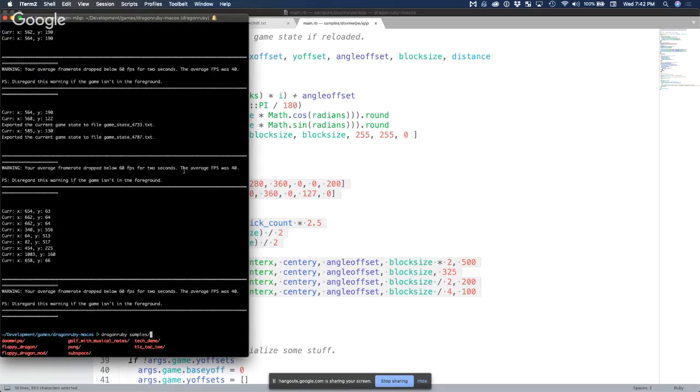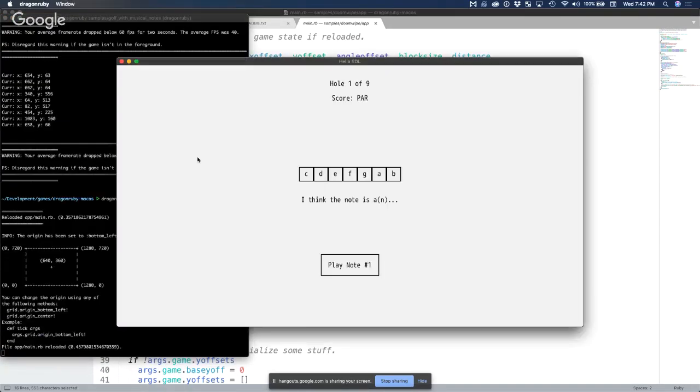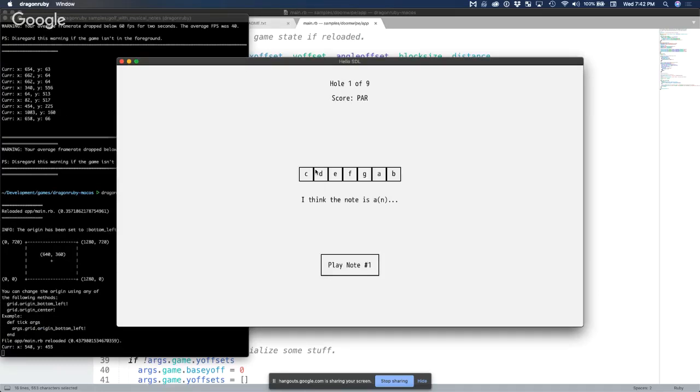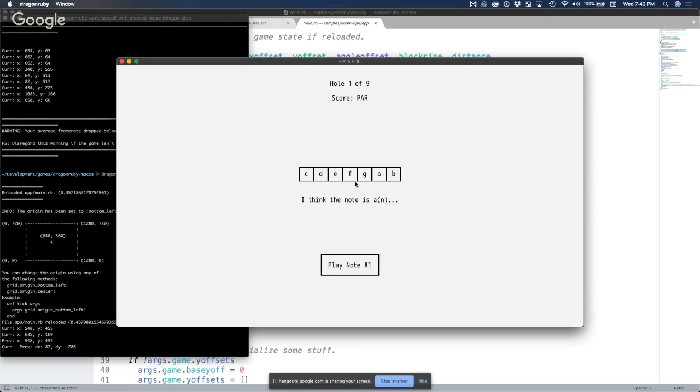Which is kind of interesting. They've built a simple thing here for the musicians in the room. This is a golf. What did they call it? Golf with musical notes. I think the note is